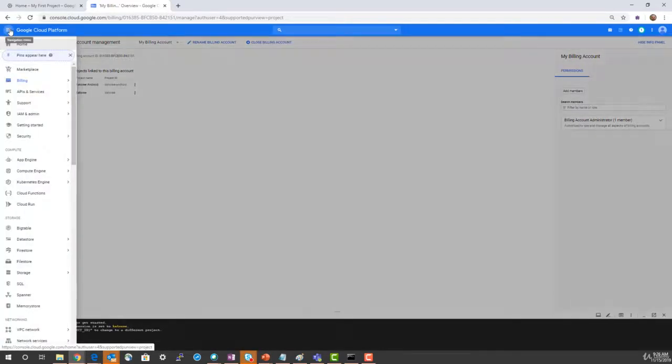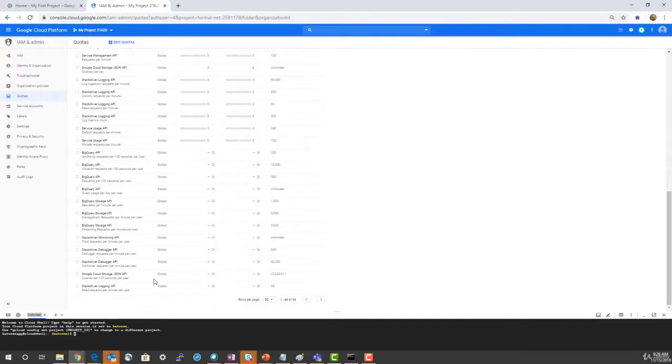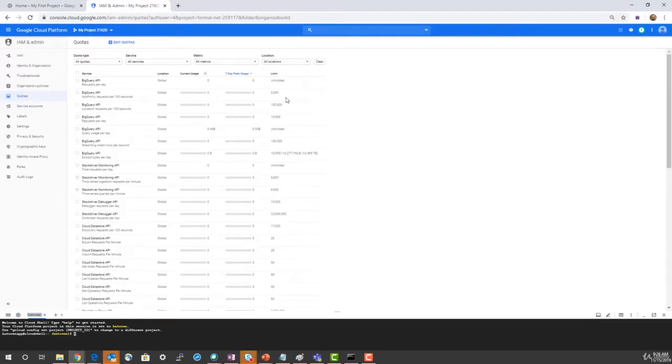If you go here, you can go to IAM and admin, and you can go to quota. And you can find the quota which is applicable for all your cloud resources. And you can find some of the quotas here which are applicable to API calls, right? BigQuery APIs, global, there is an unlimited quota, there is a 5,000 quota, there is 100,000 quota, and 10,000 quota,